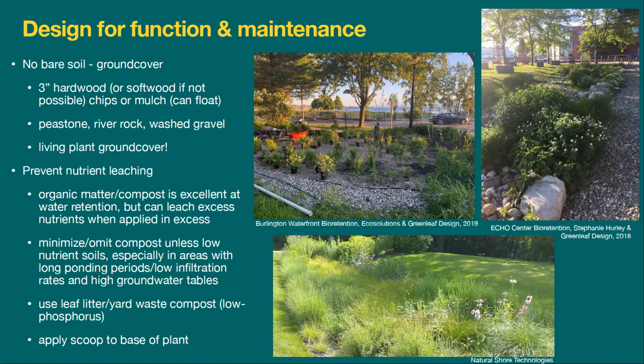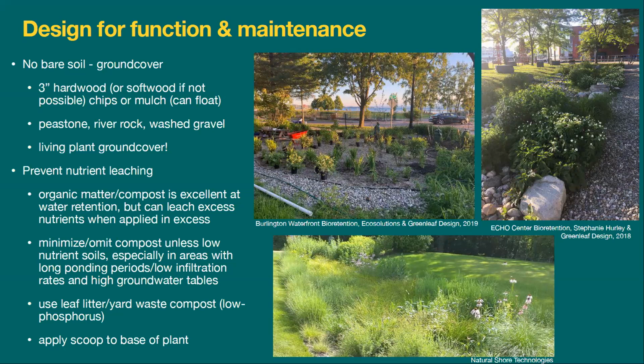Ideally, there's no bare soil. There's either stone, wood chips, or living ground plant cover. We really want to prevent nutrient leaching or introducing more nutrients into the soil. So if you do use compost, a low phosphorus compost is ideal. That's a compost that's not manure based or food scrap based. It's yard waste based, mostly just leaf litter and yard waste,